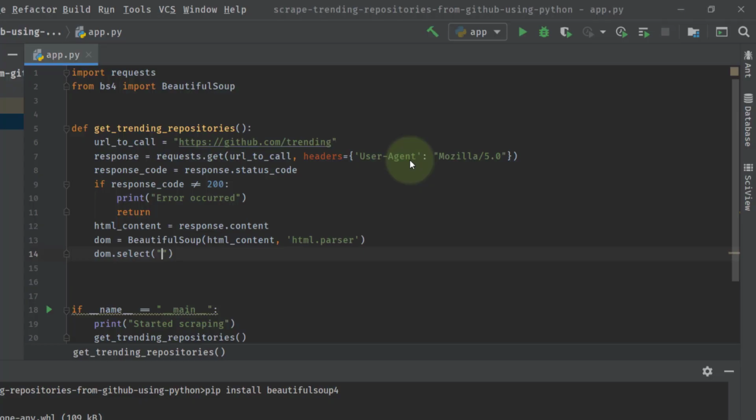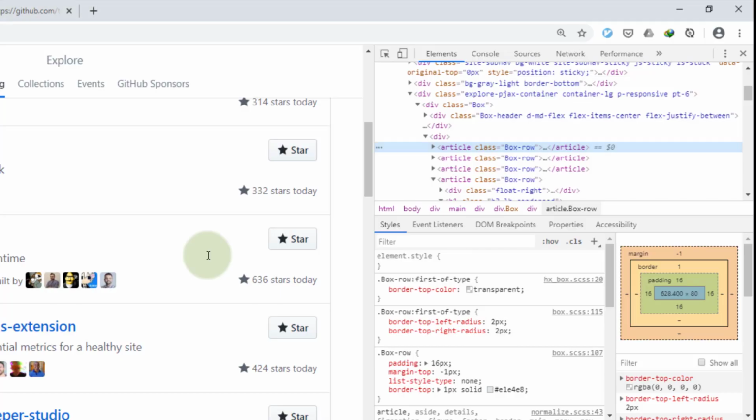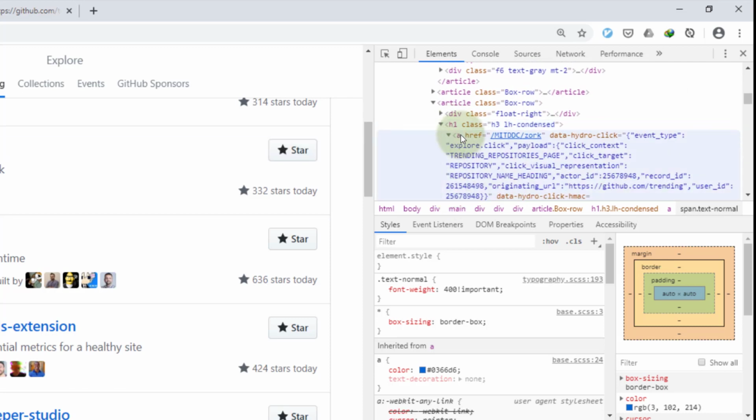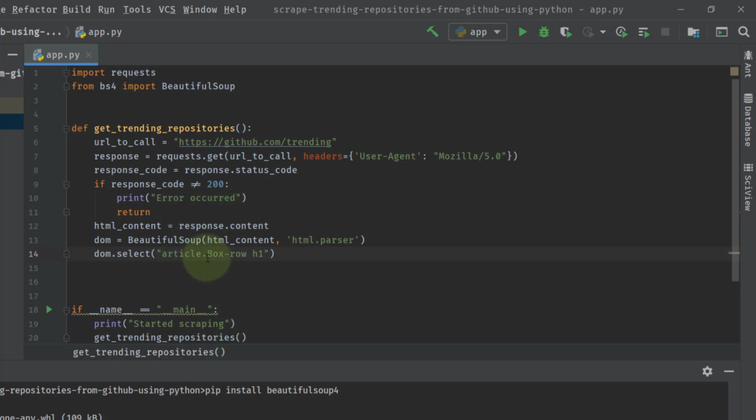So in our case, we are interested in the article tag. We'll say it is the article tag, and the class on that article tag should be equal to box row. So we are writing .box-row because the class is on this article element only. We are writing it without any space, on that only, and inside that we want to select the h1 element: the article class, the box row, and here h1. Inside h1 there is an a tag. So till now we have selected up to article box row h1.